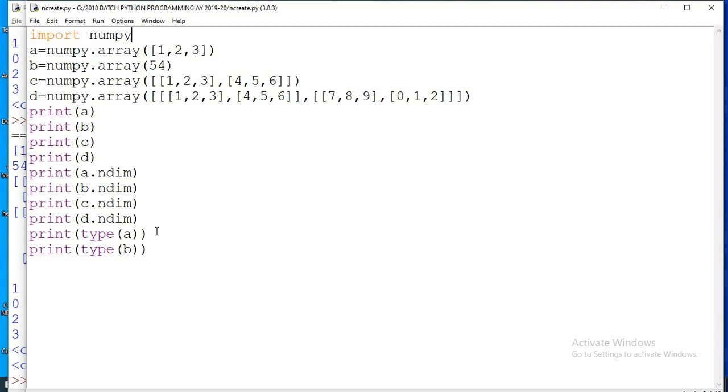We can give an alias name for the library, or directly we can call the functions with the help of the library name. When we pass an argument to the array function in order to create the ndarray, this argument can be either a list or a tuple. Depending upon the dimension, we have to pass the argument in the array function, right? So in this session we have seen the creation of NumPy ndarrays, creation of different dimensional arrays, and we have also seen ndim and also the type function, right? So hope you have understood this one.